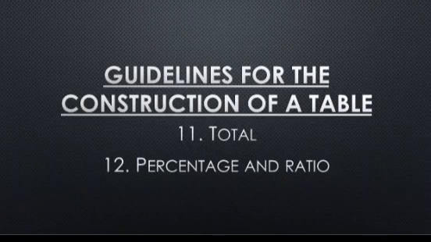So being a student of statistics, you need to follow certain guidelines for constructing a good table. First we did title, compatible with the objective of the study. Second was comparison, special emphasis, ideal size, stubs, use of zeros, headings, abbreviations, footnote, units, total and percentage and ratio. Actually there are 17 in total, okay, but your question in exams will carry maximum 6 marks. So you prepare your answer according to those 6 marks only.